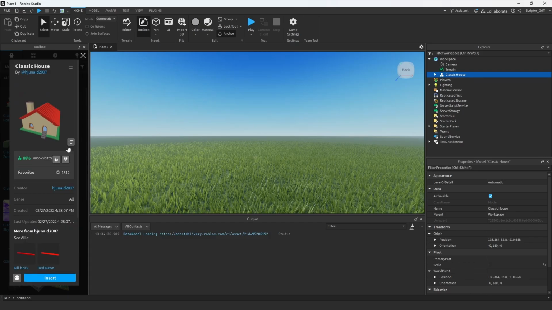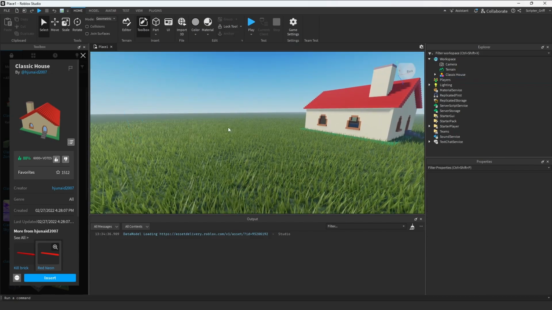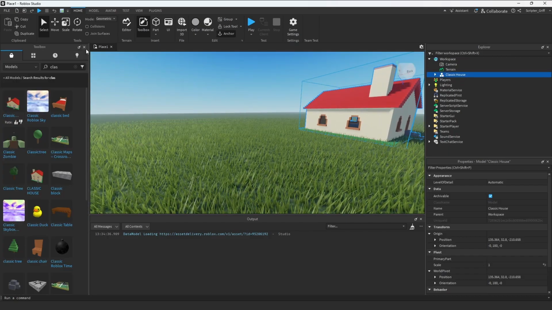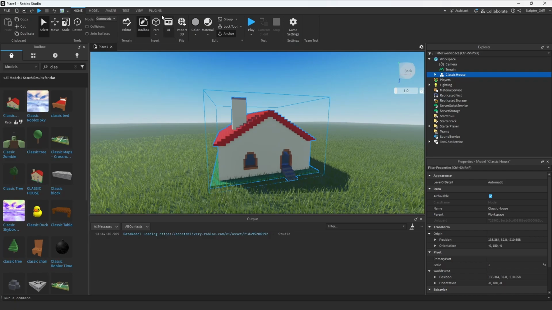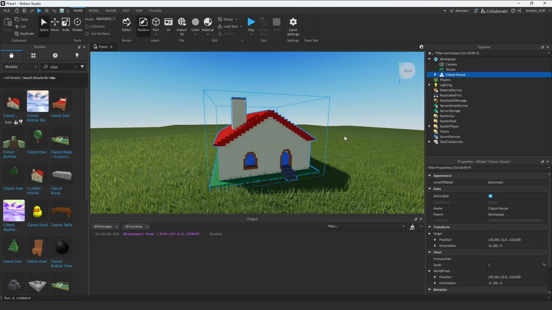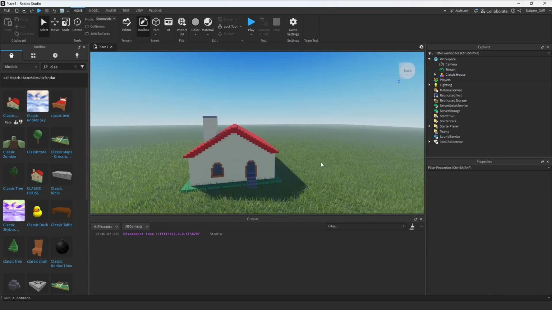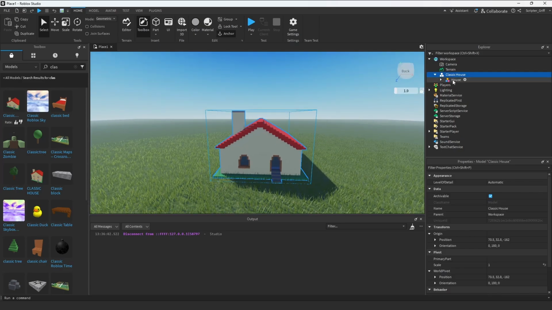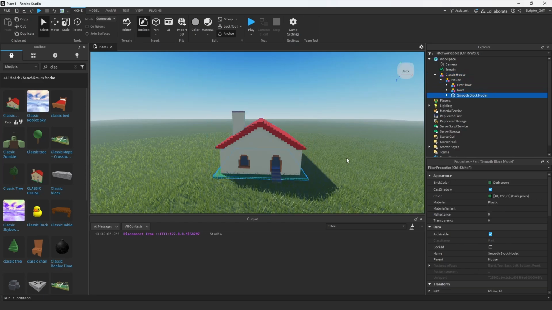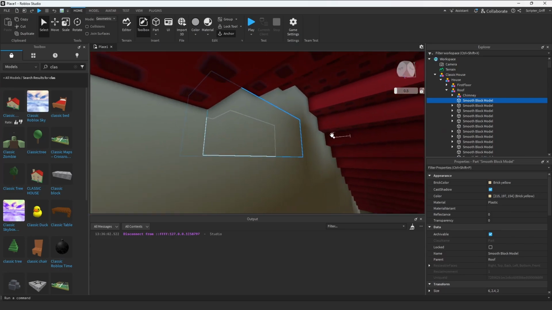Will that one do it? Oh, got more than one now. There we go, let's try that. Is this one anchored? Okie dokie. So here's the house that we shall be editing, and let's hope this is a good one. Classic house. First of all, these are made of bricks, right? Yeah. Okay, so it is all bricks,